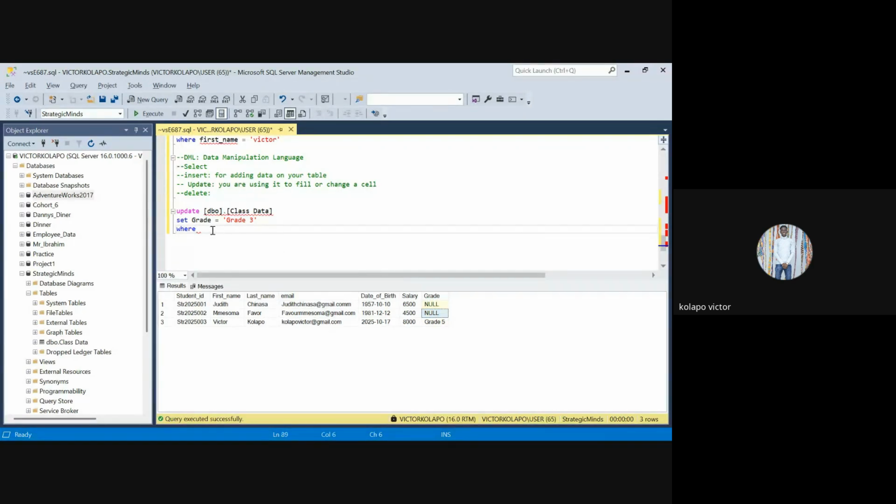So now I can do WHERE student ID. You can do student ID, and if you like you can, but it is best when you're doing it on your primary key, because if you have 1,000 rows over here,